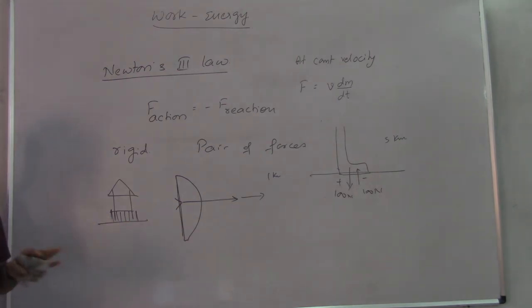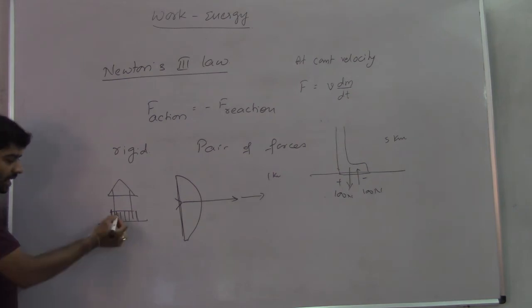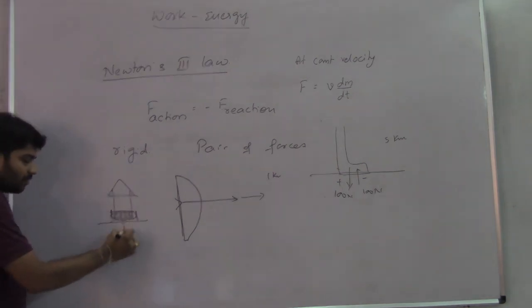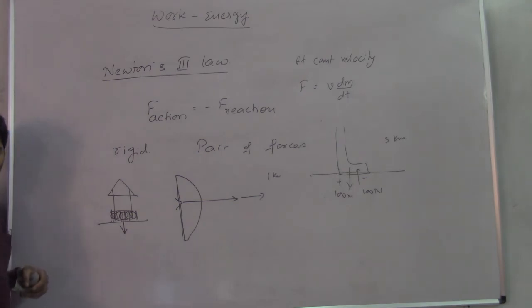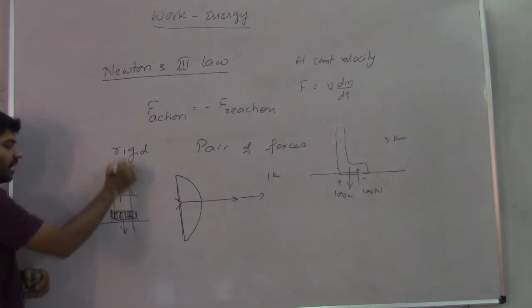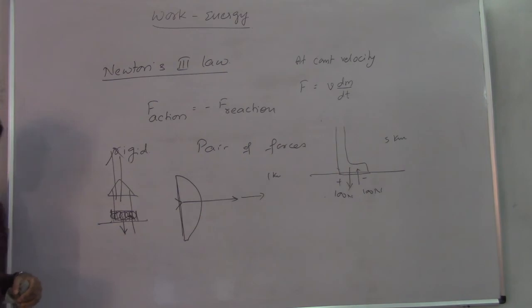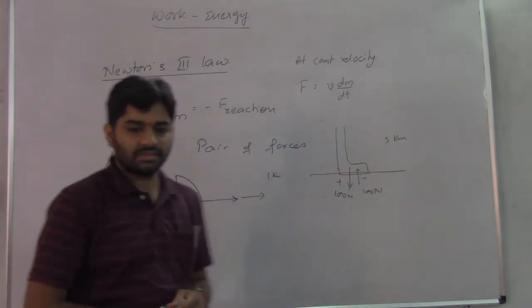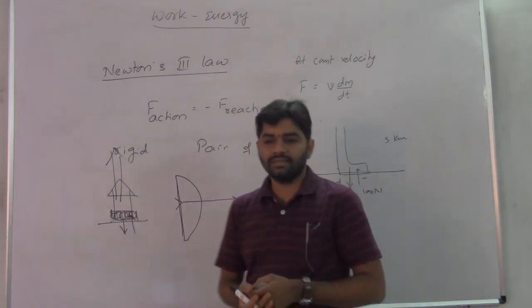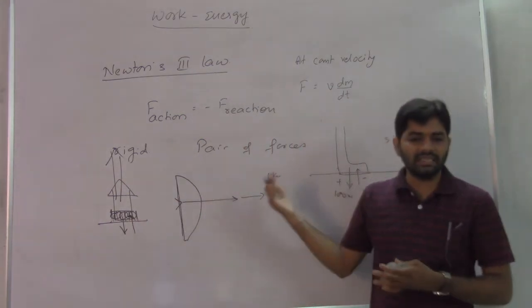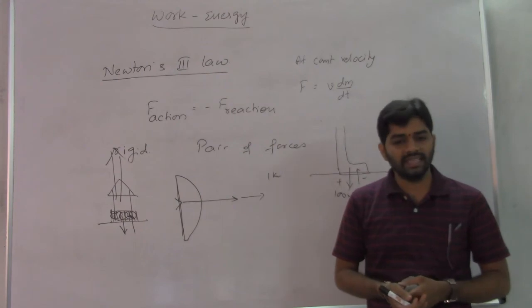At zero the gate is opened, and automatically the gas present here applies force downward on the ground. Then the ground returns the force, and the rocket rushes up. It is also an action-reaction condition. Many examples are there. These are the best examples I explained so you can understand easily.